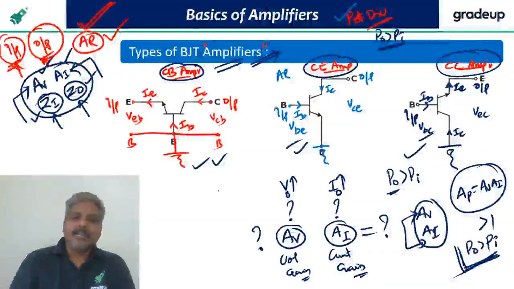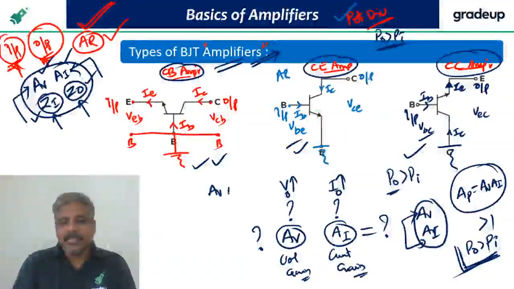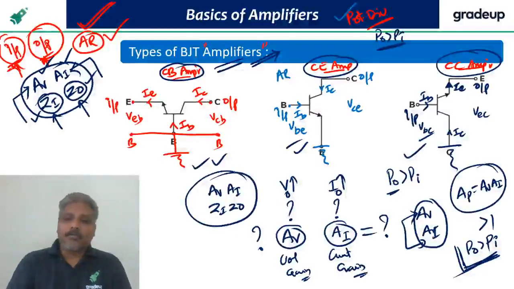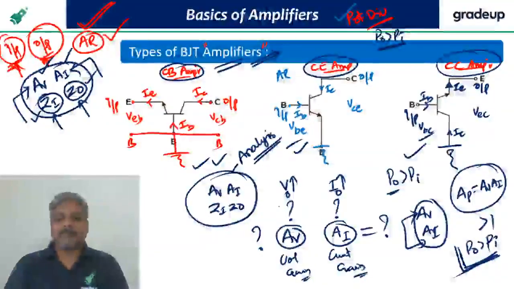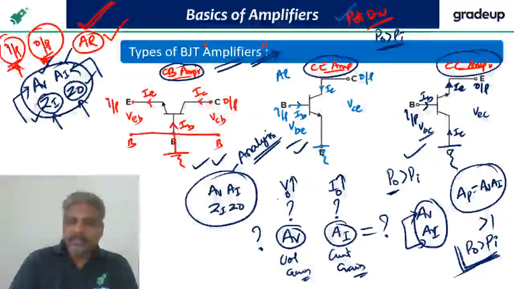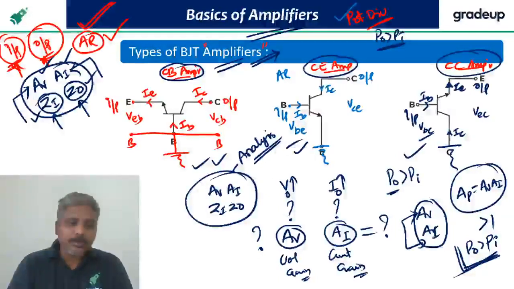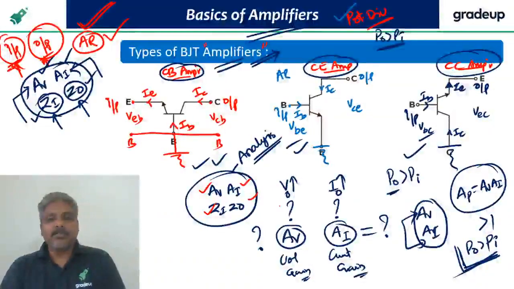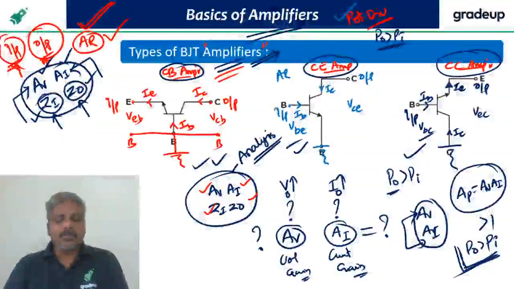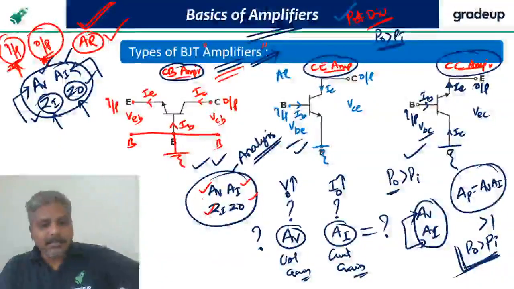That is why for every amplifier I am going to find AV, AI, Zi and Zo, the 4 parameters. Finding these 4 parameters of an amplifier is nothing but the analysis of the amplifier. So in this discussion, we are going to analyze the amplifiers. Analysis means finding these terms. What for? Because I want to know how much amplification is happening when I say it is an amplifier. That can be found from these terms.